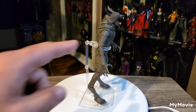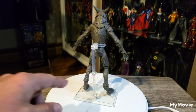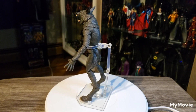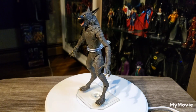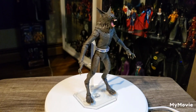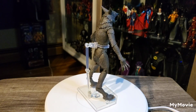Articulation is pretty good. The arms and the elbows on mine, if yours is the same, you're going to need to heat them up. The range, though, in the head and the torso and the legs is really good. Exceptional sculpt work, which you'll see when I bring him in for the real thing, and then you'll see how he scales in size comparisons when I get to that part of the video. But aside from the paint being a little bit different on the final product, there's nothing really to complain about here, man. If you love this movie, and this is a classic, probably one of the most menacing werewolves out there in terms of movies, and just the look, the way the ears are pinned back like that, he's just...